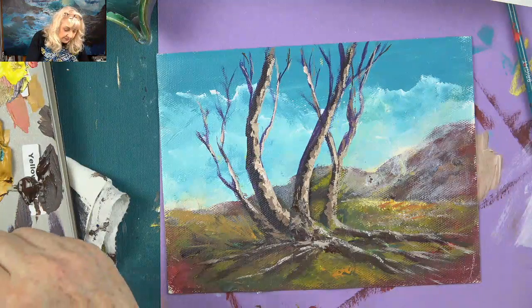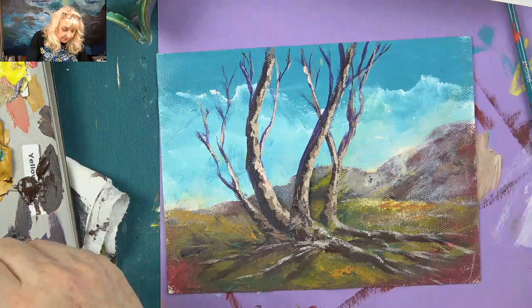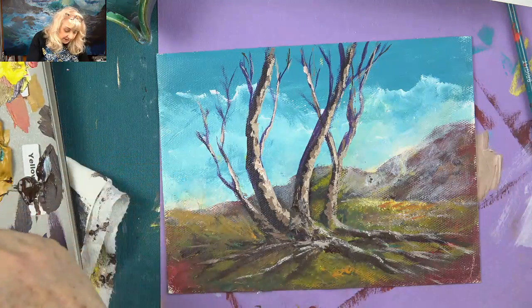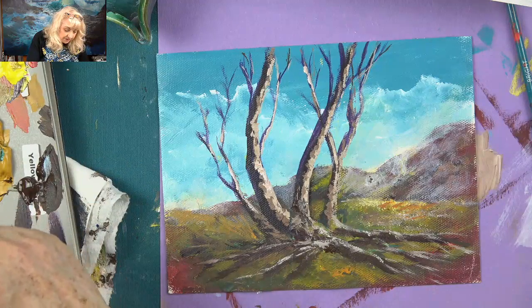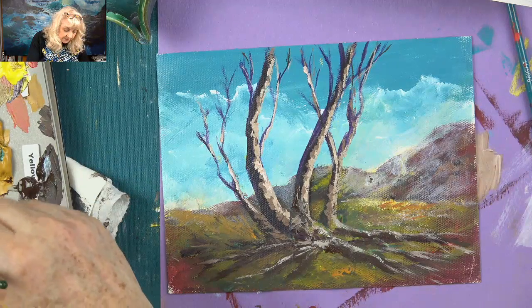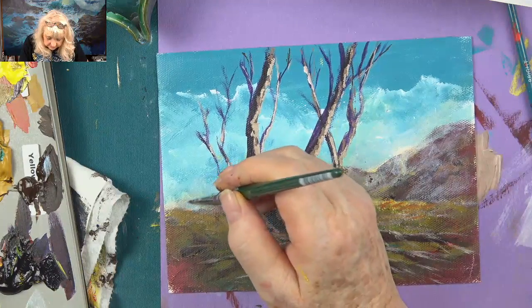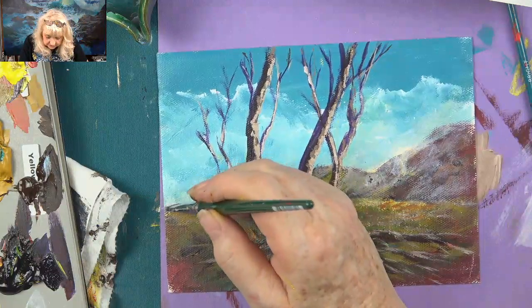Let's see, now you got to remember how you made your sky, because if you don't remember how you made your sky, you can't put it back. You guys, you know that, right? So I would say keep a journal. Remember how you made your sky color, because we're going to make it again, right? And I want to come up right like this with this brush and just touch this up right here where